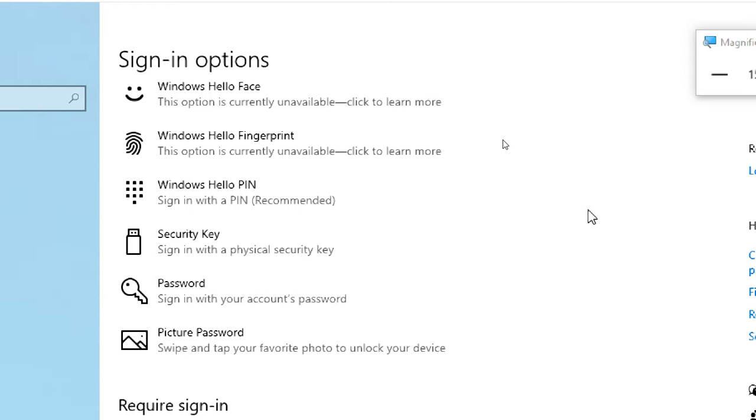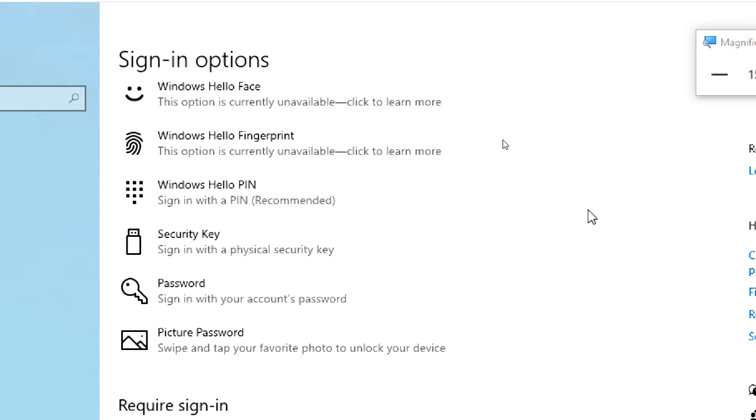Okay, Hello face, recognizing your face. It means if you have a webcam for your laptop, like the face recognition on your mobile phone, it will recognize your face and unlock your machine. Next is fingerprint, which has been around for many years. Here it is Hello finger, it is introduced. It will check your thumb impression, and if it matches, it will open automatically.